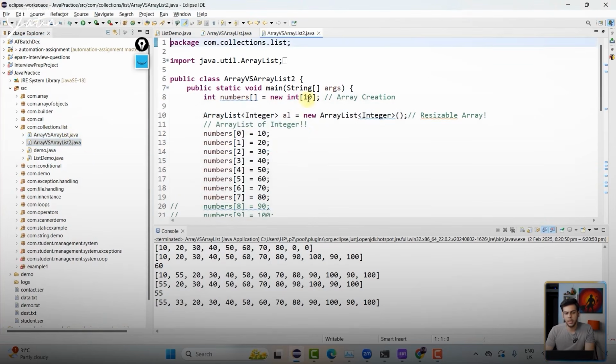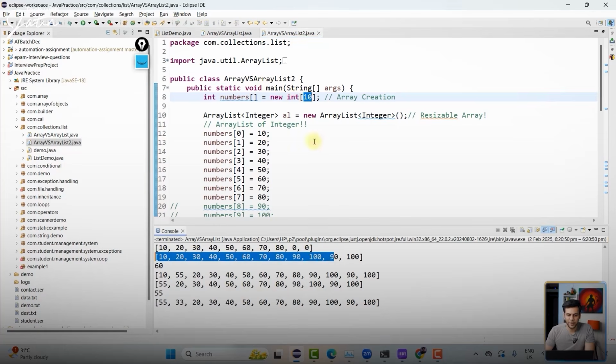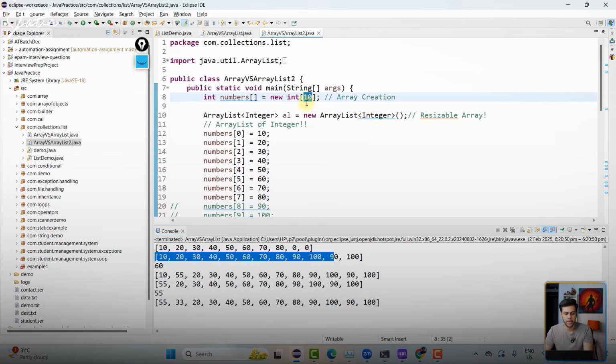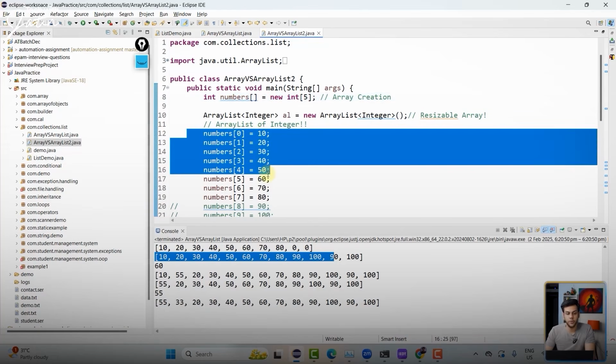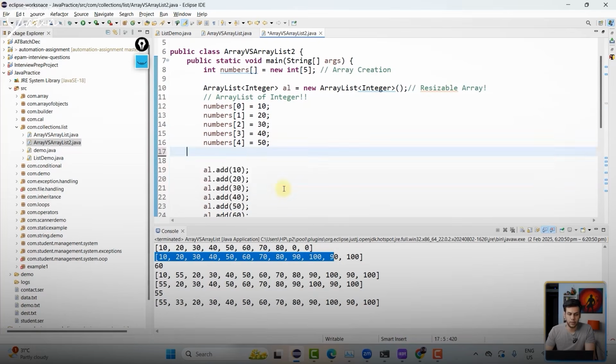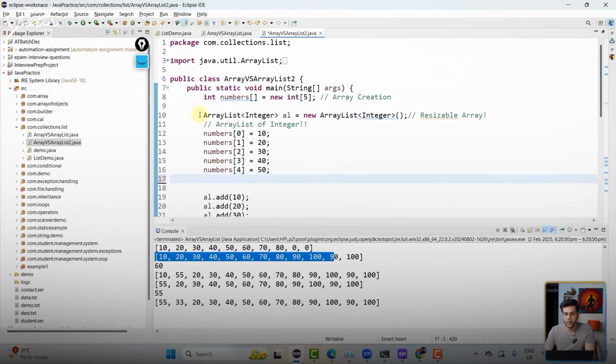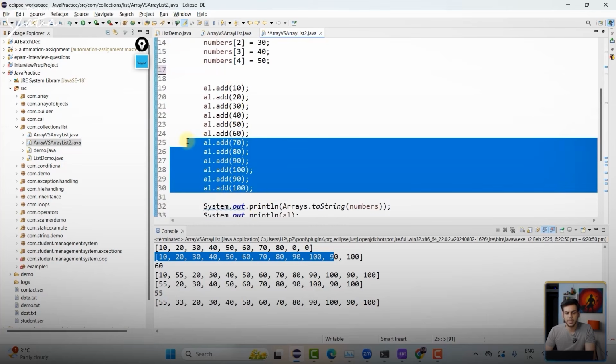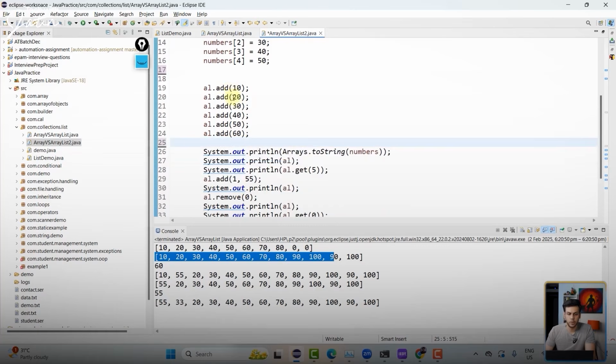And over here, guys, let's try to reduce the size of the array also. The reason for that is it's a lot of elements, right? So let's make it around 5. Okay, so we are going to have an array of size 5, meaning I can access index 0, 1, 2, 3, 4. Rest all the elements, bye-bye. All right. The next thing over here, guys, is we are creating an array list and I'm adding a lot of elements. Let's keep it small. Let's decide to add till 60. So 0, 1, 2, 3, 4, 5. All right. So index is 0, 1, 2, 3, 4, 5.